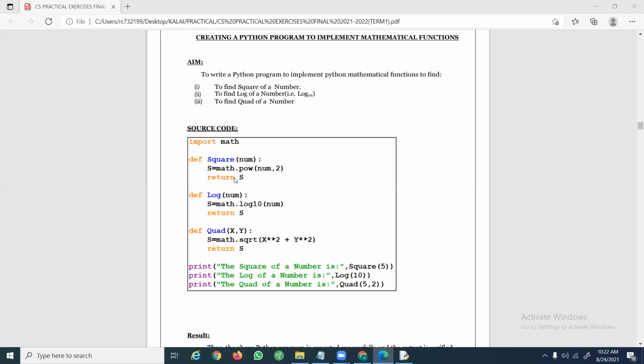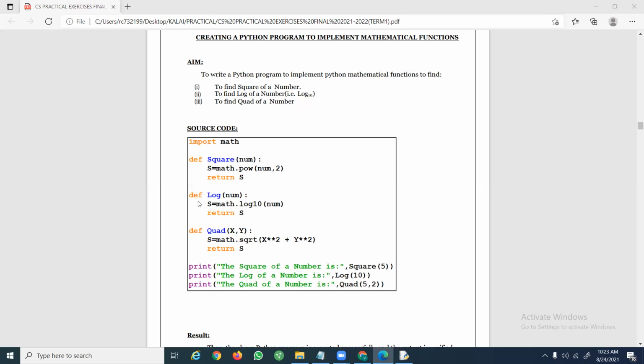What you need to understand about the POW function is that the first argument is the base, and the second argument is the exponent or the power value. You have to give that value, and this function is going to return the value. I am receiving it in a variable, and this user defined function returns the same value. So this is for the square of a number.